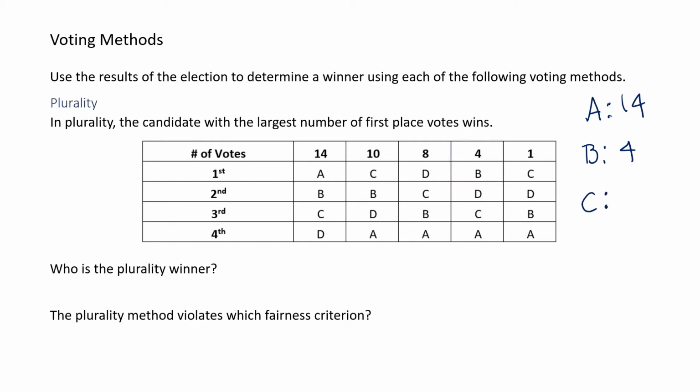C has 10 plus 1, which is 11, and D has 8. So the plurality winner is choice A. The plurality method violates which fairness criterion? We'll get to these in the next section, but I want us thinking about it already. It violates something called the head-to-head